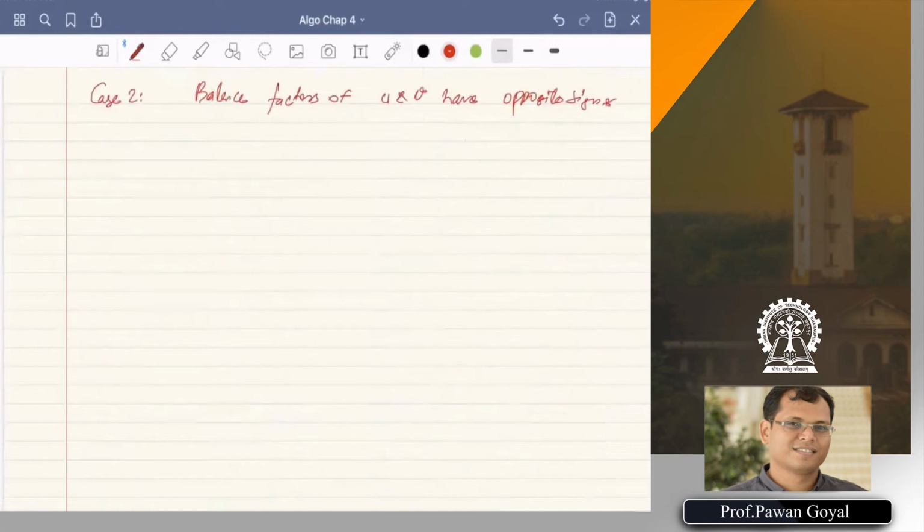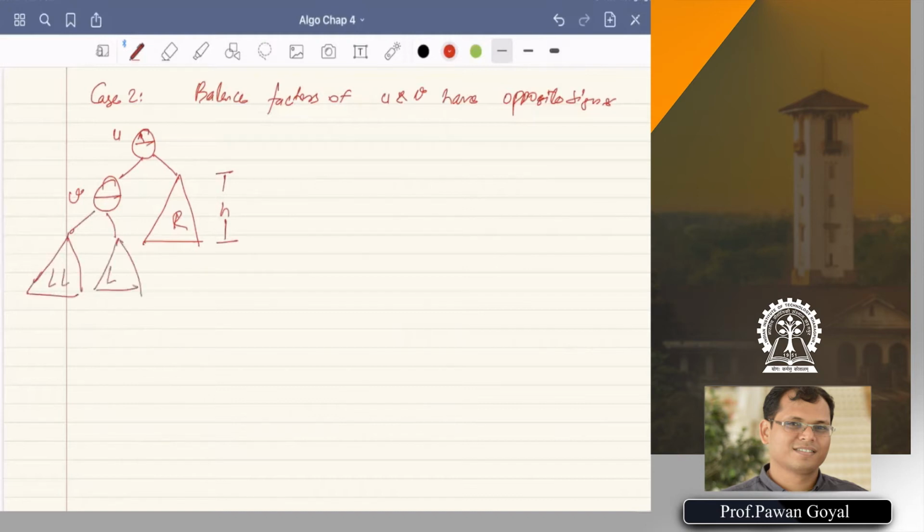U was minus 1, it had a left child V, and R was of height H, and we had two children LL and LR, and both had the height H. Okay, and this was balanced.